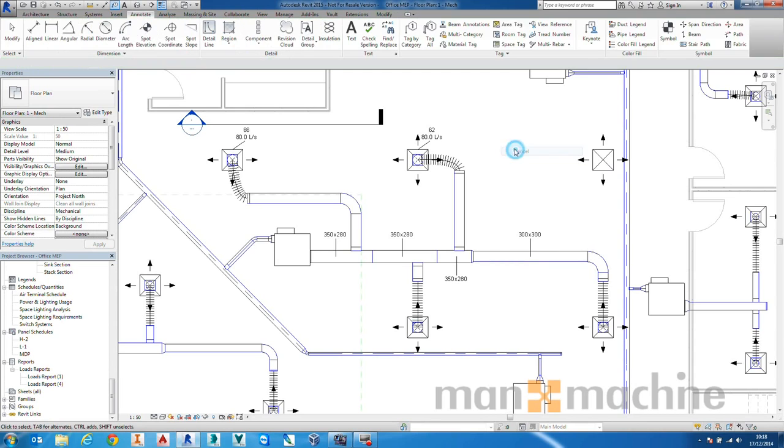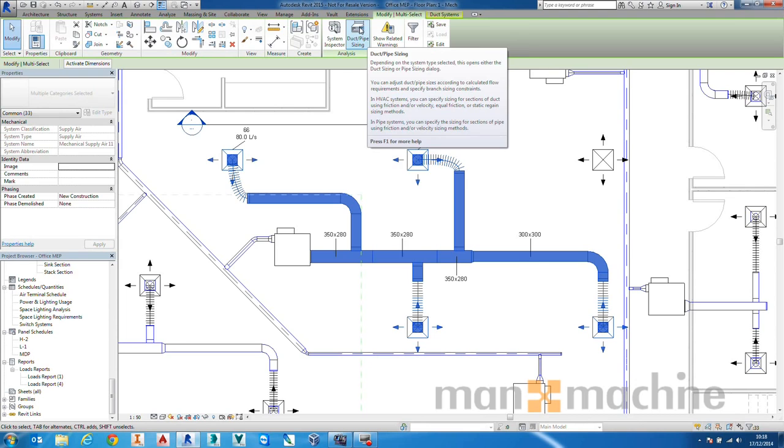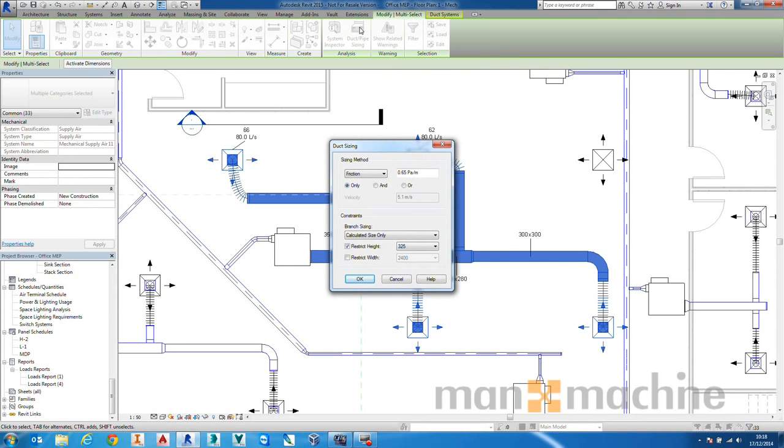What I want to do now is make sure that I'm using the correct size ducts for the amount of flow. So what I can do is select our duct system, and I can actually come up to the ribbon and choose duct/pipe sizing. This tool is exactly the same regardless of whether you're using ducts or pipes, as you would probably guess by the name of the tool, but it's just a very simple calculation using friction or velocity or equal friction or